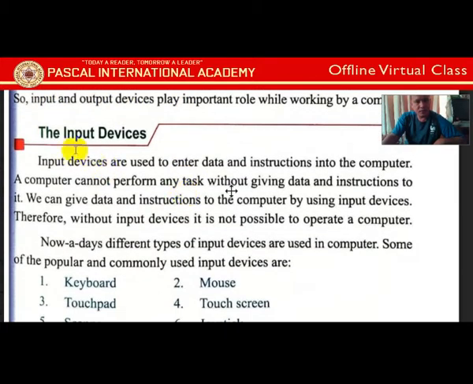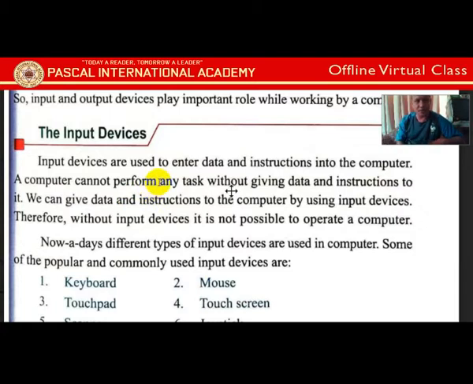So the first one is the input devices. As you already know what input devices are and what their function is, but here we are talking in more detail. Input devices are used to enter data and instruction into the computer. A computer cannot perform any task without being given data and instruction. It is obvious that until we type something or click somewhere on the monitor, the computer cannot do anything.